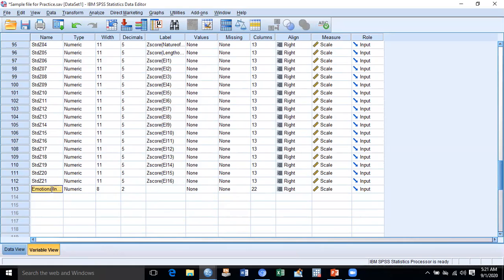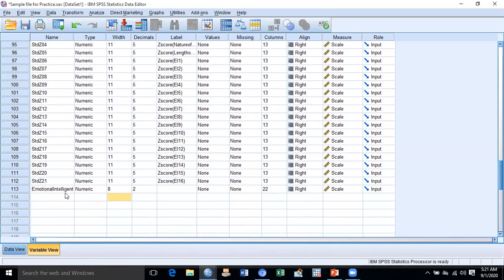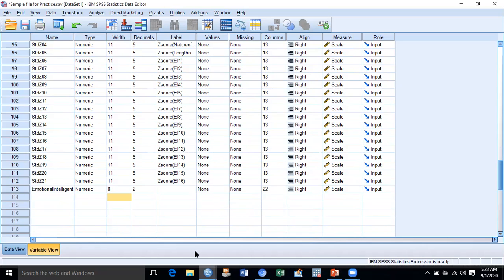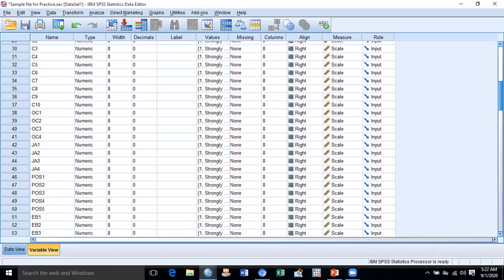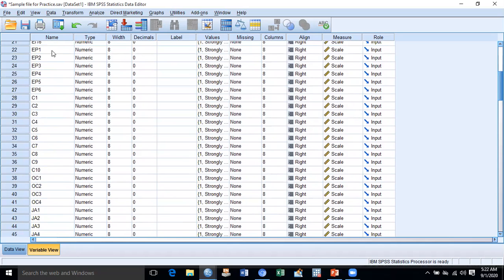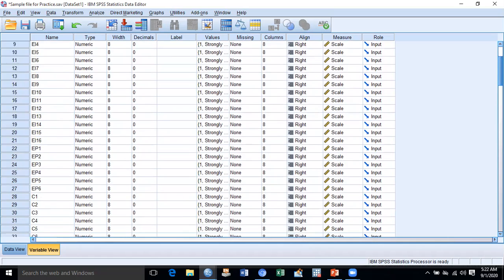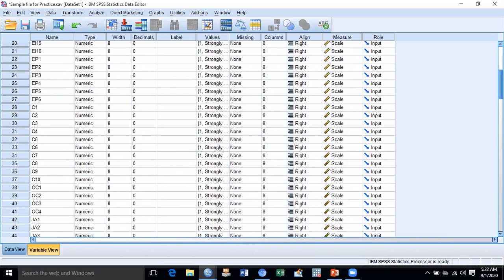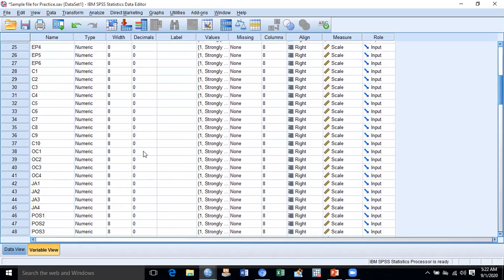Step by step we shall accumulate all the variables one by one, like creativity, organizational creativity, commitment, and so on. All the variables we shall accumulate step by step.